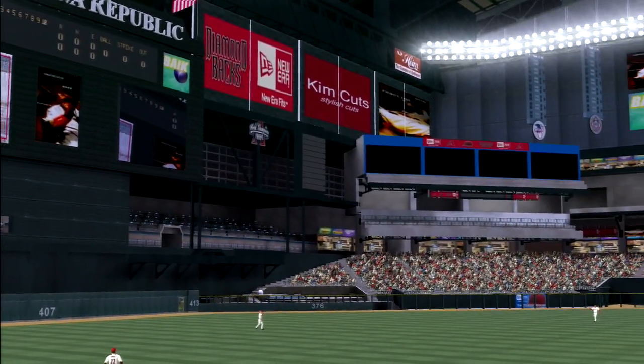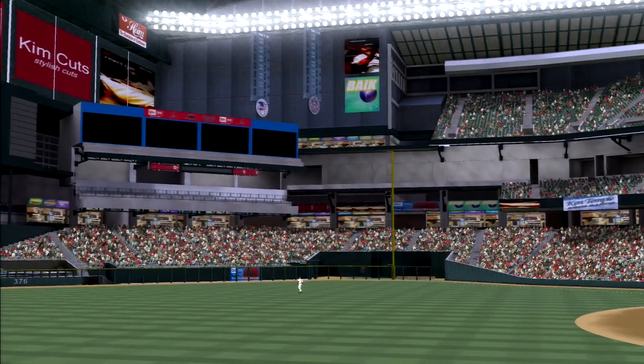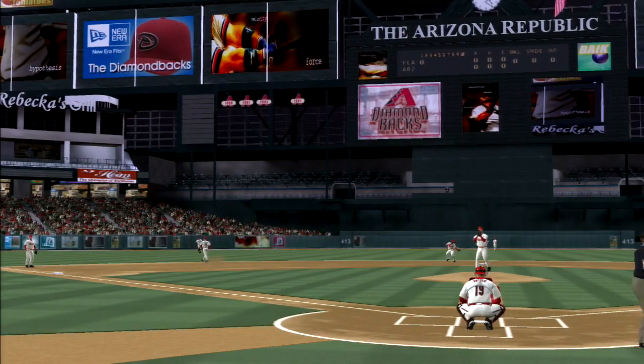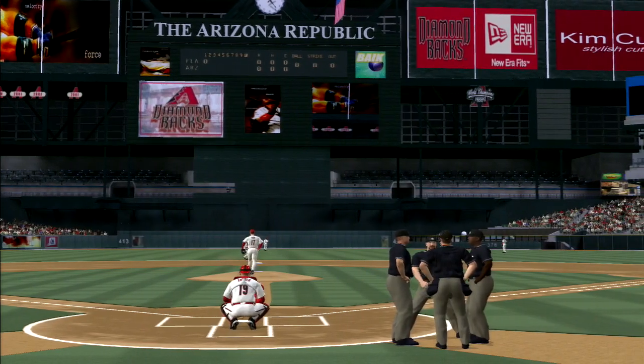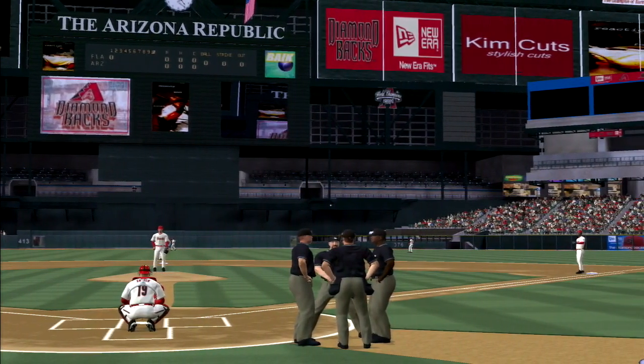Joining me in the booth, Dave Campbell and Rex Hudler. Dave, let's turn to you. What leaps out at you first when you take a look at this matchup? Well, Matt, right off the bat, the thing that leaps out at me is our pitching matchup. We've got two of the best in the business, and it's going to be interesting to see who gets the upper hand. All right, Dave and Hud will join us shortly, but let's get to our new era Cap starting lineup